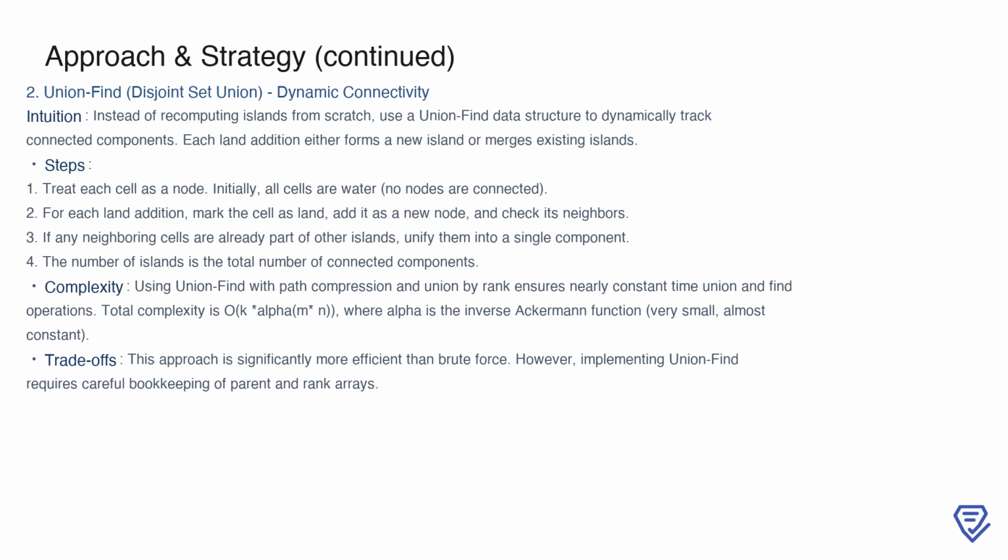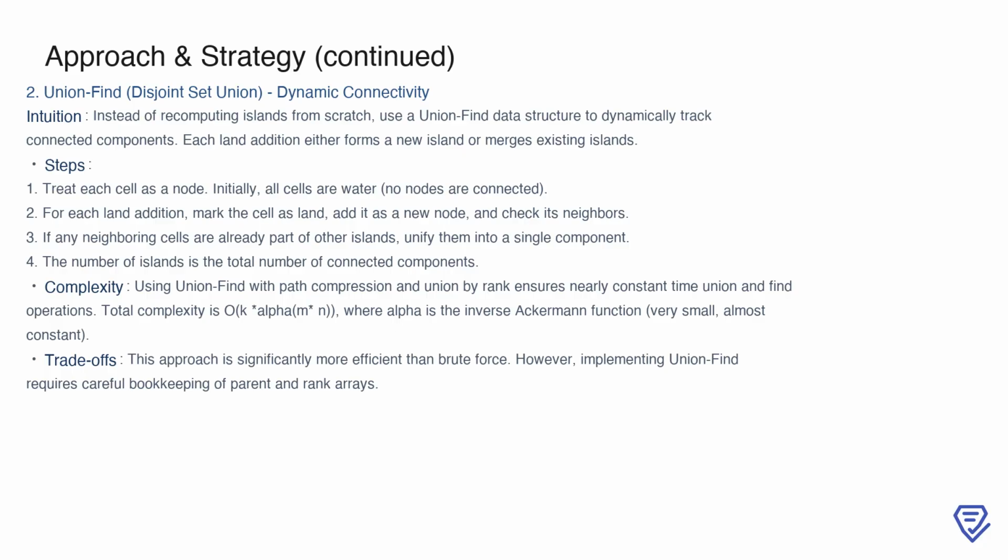The efficiency of this method comes from the optimizations in union find, such as path compression and union by rank, which allow union and find operations to run in nearly constant time. As a result, the total complexity is k*alpha(m*n), where alpha is the inverse Ackermann function, a very small value. This makes the approach highly efficient and scalable. While it requires maintaining additional data structures like parent and rank arrays, the trade-off is well worth the significant performance